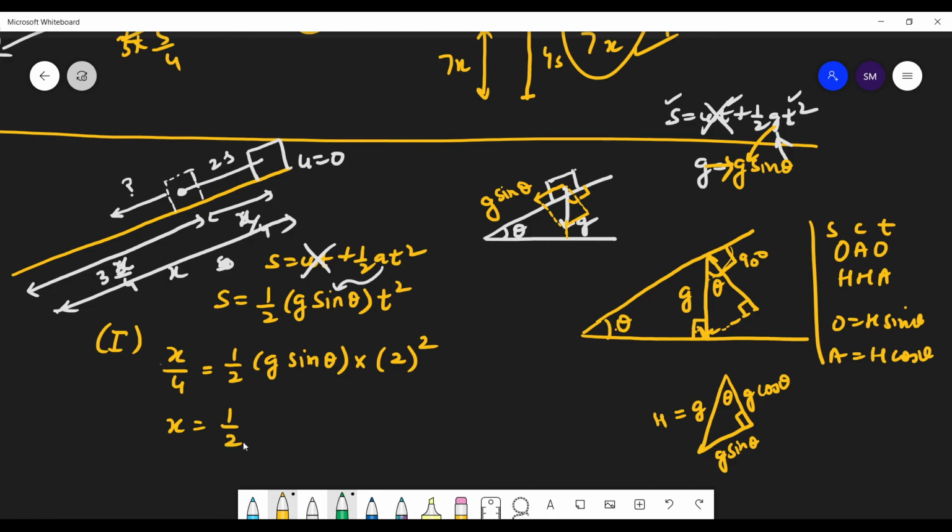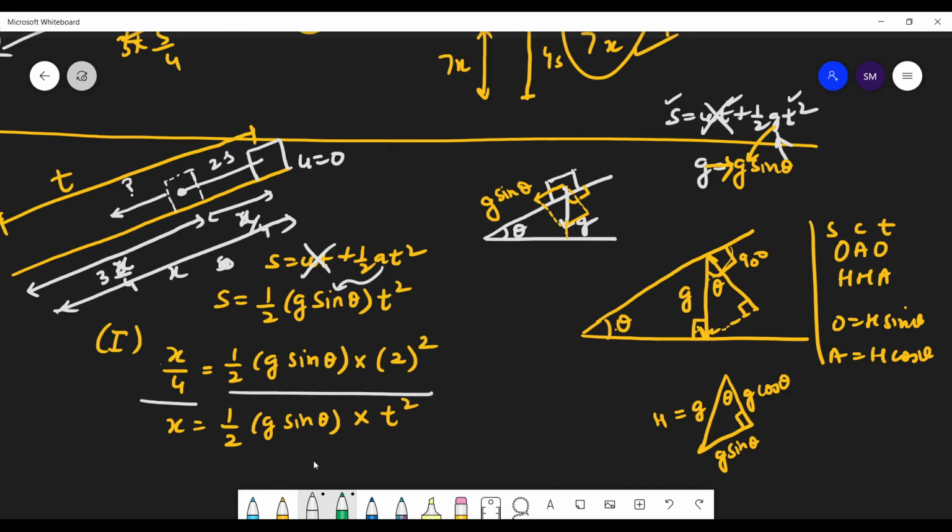कंप्लीट x में कितना टाइम लगेगा? भाई ये तो सेम रहेगा ना, हाफ जी साइन थीटा इंटू t स्क्वेयर। t स्क्वेयर टाइम लगा मान लो पूरे में x में। यहां से यहां कितना टाइम लगा पूरे में? t। t जो है उसमें से 2 सेकंड माइनस कर देना, तो बाकी बचा हुआ टाइम आ जाएगा आपके पास। अरे हाँ या ना? Yes, sir. अब आप इन दोनों को डिवाइड कर दो। हाफ जी साइन थीटा से हाफ जी साइन थीटा कैंसिल, x से x कैंसिल, तो क्या आ गया आपके पास? 1/4 इज इक्वल्स टू 4/t²।